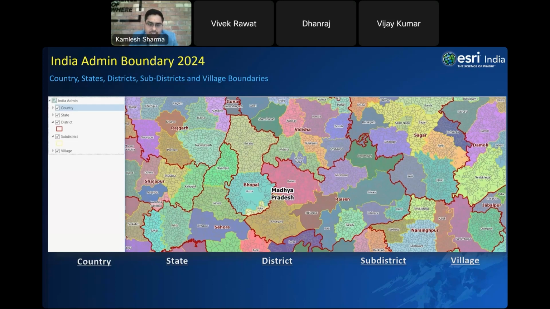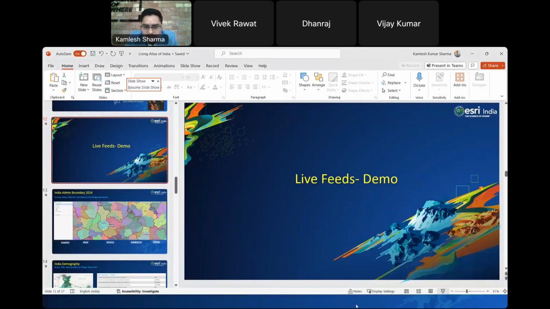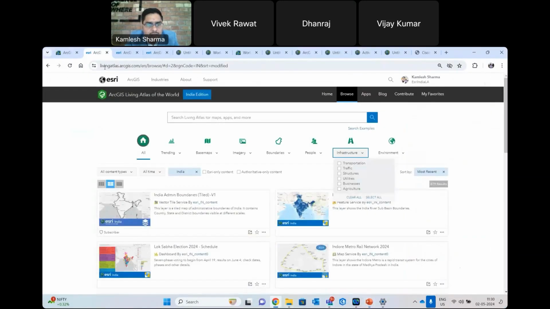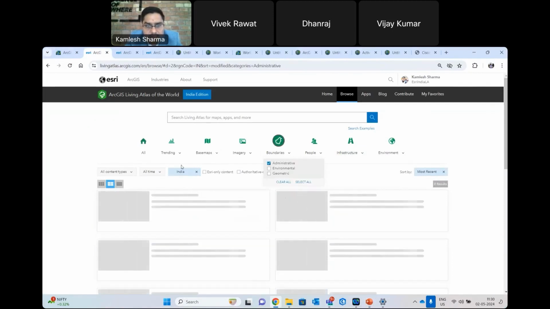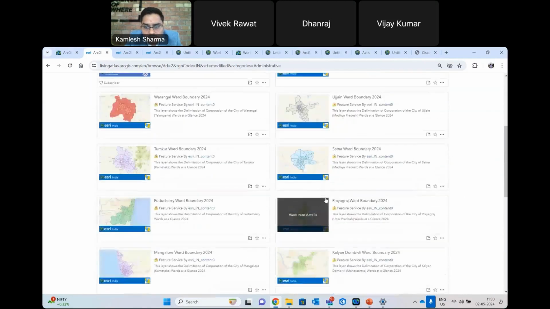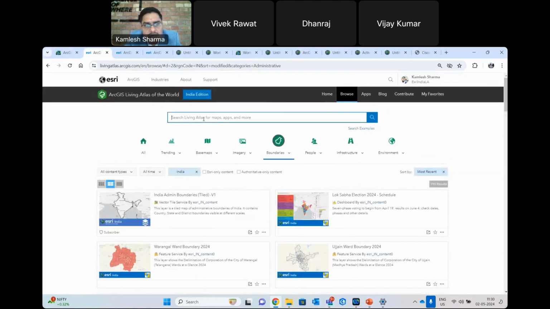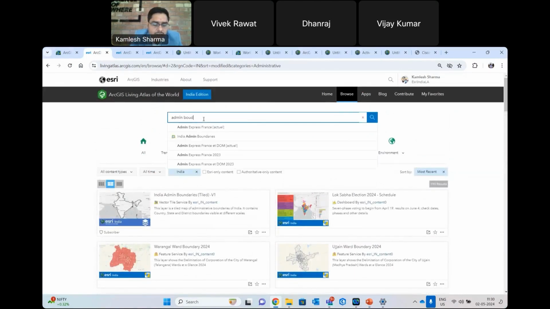So this is a very good, what we can say, popular. These are very popular data services. We are receiving several hits in a day on all these data layers. You can access it. So again, I will go to the portal. I come back here, and if I select the administrative boundary here in the category list, you will see ward boundary data, then admin boundary. If I search admin boundary, I will get